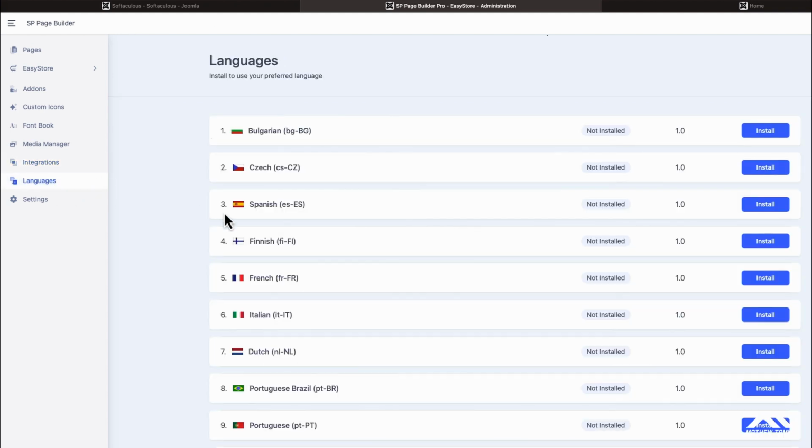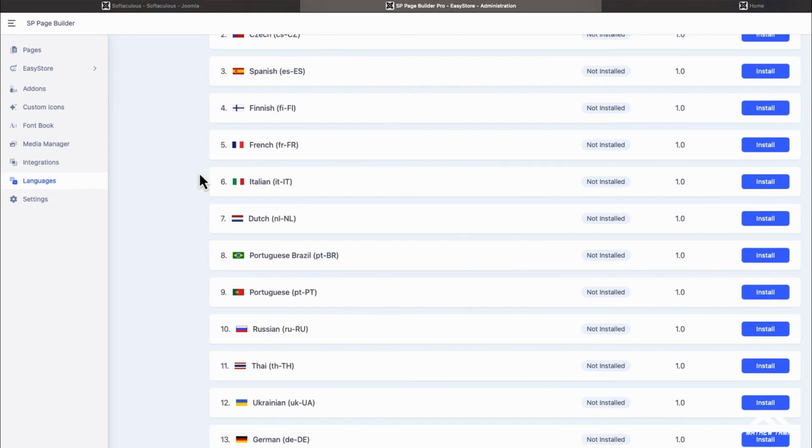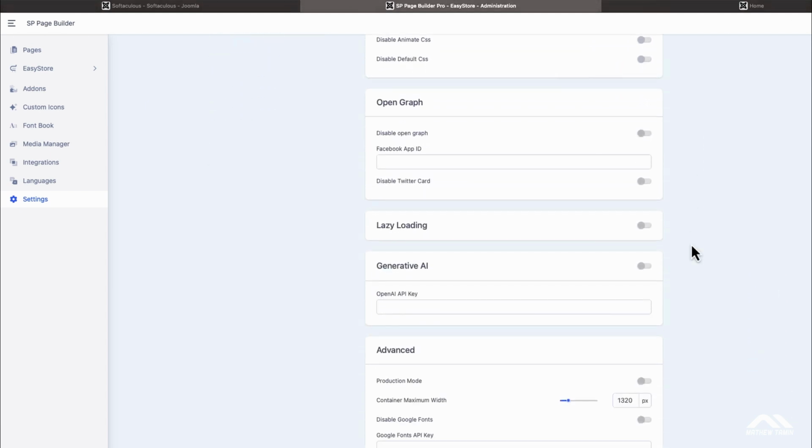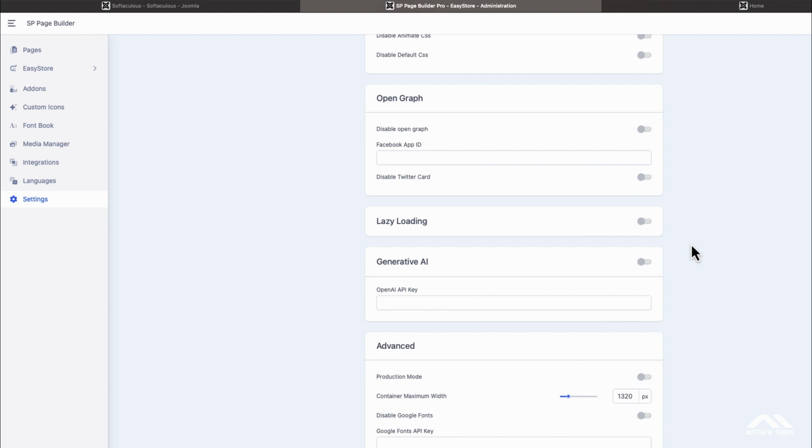Next, you have the languages. Because Joomla is a multilingual platform, you can install any one of these. Again, I'm not going to cover it, but you can use this for your native language. So if it's here, you can do that. Next, we go to settings. This is where you can install any ID, like the Facebook ID and the app secret. You can scroll through. If you wanted to use the generative AI, which is a great feature that they have,